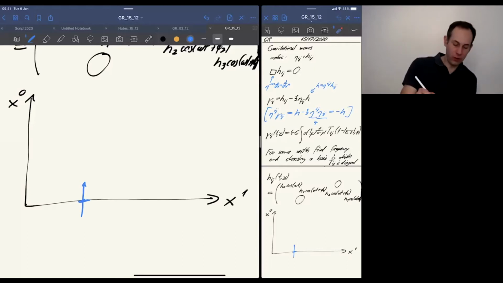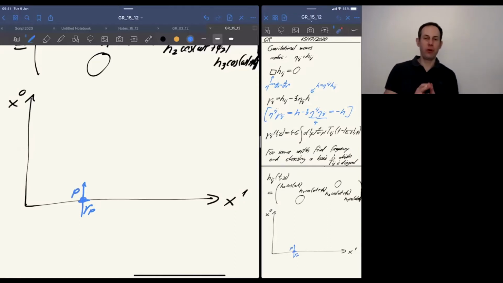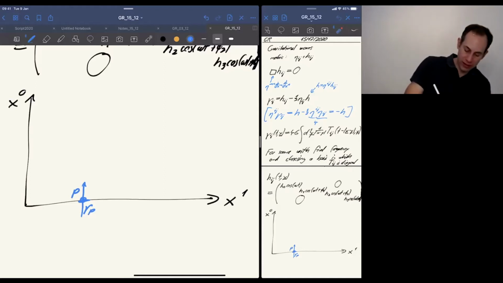Let's call this world line gamma p for later reference, because p could be a point somewhere in space, and the world line of that point in these coordinates is just straight up, which means that in coordinates